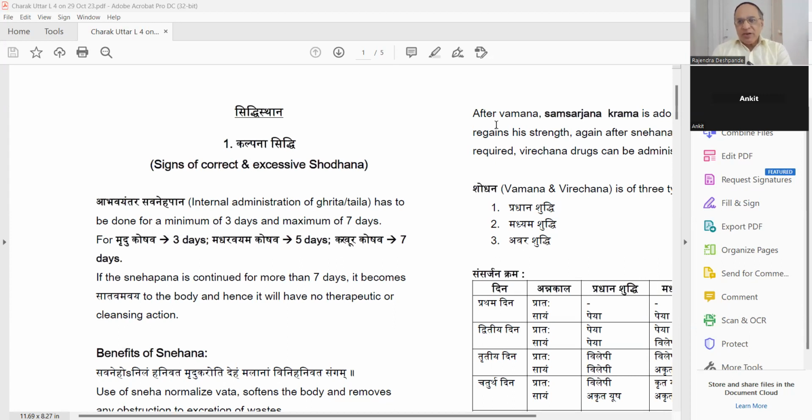In the last few lectures we have studied the Kalpasthana, which includes nearly 12 chapters, having 6 plants useful for the Vamana karma and 6 plants which are useful primarily for Virechana karma. Now, this is the Siddhi Sthana. Why the name Siddhi? The first chapter we are going to see today is Kalpana Siddhi. So, Siddhi is a success. Please write down: Siddhi is a success. Success in what? Ayurvedic treatment success.